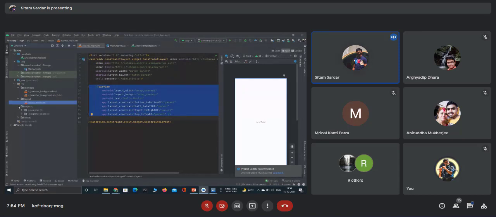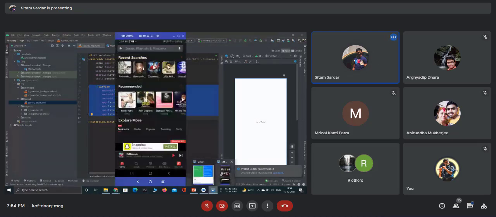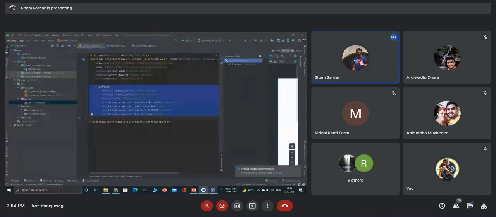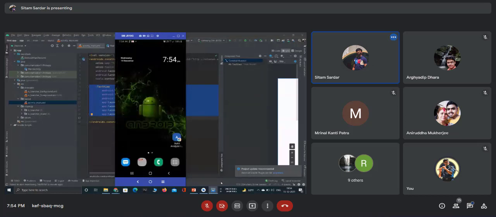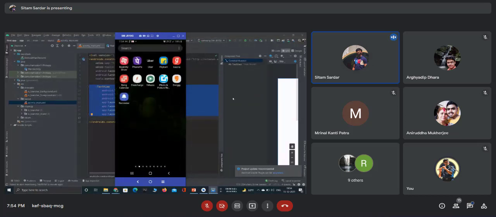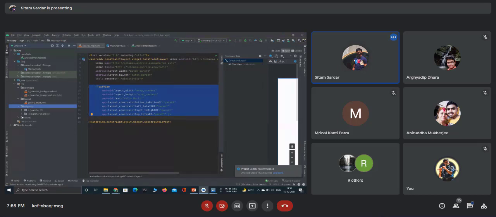Then there is the map section. In this map section, whatever launcher icon is there. What is the launcher icon in an app? Let's say I am talking about the Ghana app, right? So this thing is the launcher icon. So it's also a design. To make a particular icon of an app, we need to put that icon into that map section. And there is also another section called values.